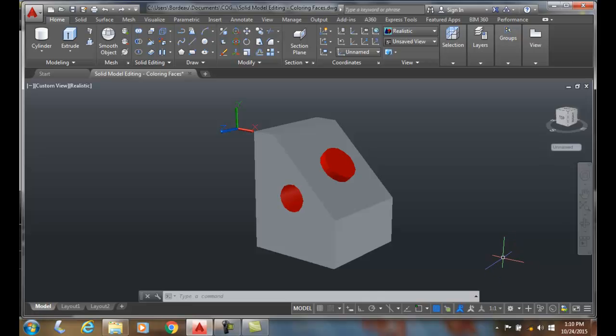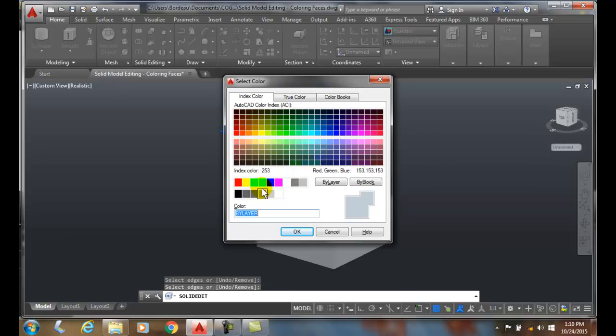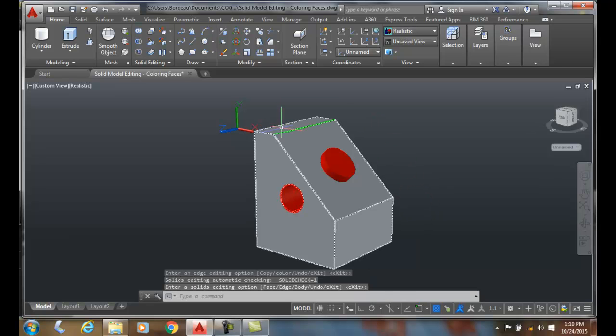Edge editing. We got two different things we can do with our edges. So when we go up here, we can color the edges. Let's go to color edges, and it'll say select the edge, and I come up here and I can either hold my control key down, right, and I can get just the edge. You can see there we go, and I got just the edge, and you can say what color do you want. I'll go with green, say OK,